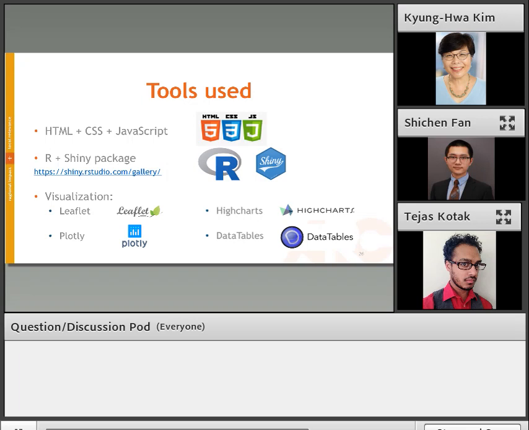So in developing this dashboard, we heavily rely on R and the Shiny package. R is a programming language for statistical computing that is more and more widely used in data analysis these days. It's free, open source, and has plenty of resources, so it's very friendly for new users and experienced users alike to start or learn new functions. And Shiny is an R package that makes it easy to build interactive web apps straight from R, so that we are able to skip learning the detailed JavaScript things.